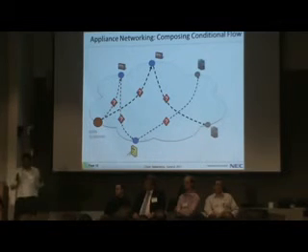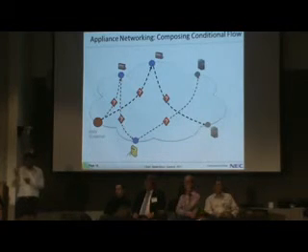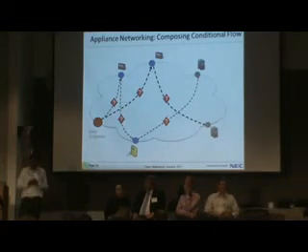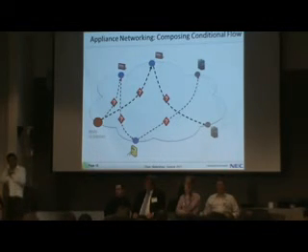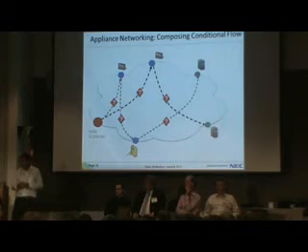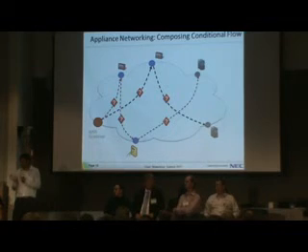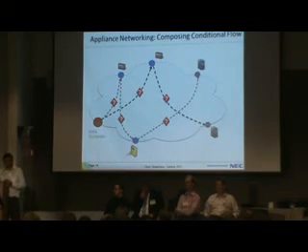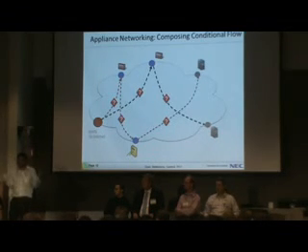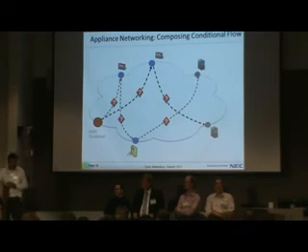Or I can create a much more complex network, composing all these conditional things. For a packet which is coming to a particular destination, I want first to take it to a firewall, then to maybe an intrusion prevention system, and then to the server. Now, is it easy to do in the legacy, or can these types of frameworks make it much easier in the modern world, where you want to compose different appliances and steer the routes as you want? So these are some of the functionalities you're able to do by simple constructs of filters, redirects and bridges, using only the virtual world without even having to worry about what is in the physical world. That's it. Thank you very much.